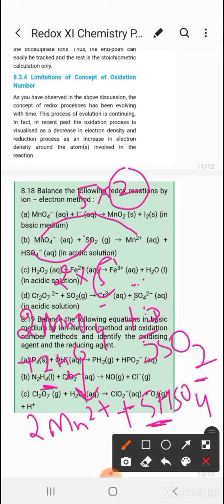To balance the hydrogen you have to add H positive ions. So to balance hydrogen you will add H positive ion to the left hand side, because there is a deficiency of one H there, fine. Now you can see the hydrogens are balanced, oxygen are balanced. Look at the charge here now. So left hand side the charge is 2 negative and 1 H positive, it will be 1 negative, and to the right hand side it will be 4 positive and 5 negative, that is again 1 negative. So now charge is again balanced here, fine.